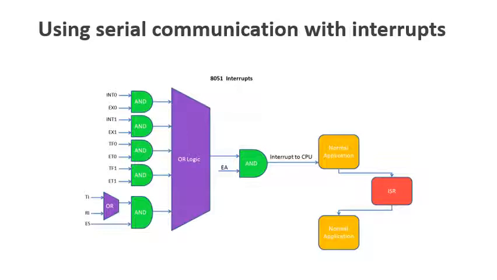Also, the RETI instruction does not clear the RI and TI flag bits, and they need to be cleared by software. The advantage of using interrupts in serial communication is that while data is being transmitted or received, the microcontroller can perform any other task. Once the transmission or reception is completed, the RI or TI flag is raised, which interrupts the execution of the microcontroller, taking it to the interrupt service routine. This saves a lot of CPU resources that were wasted in the polling approach.